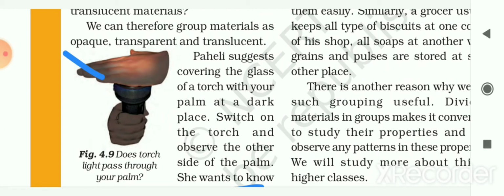So we can say that human skin is opaque, as light cannot normally pass through it. But in this case, it will behave as translucent when the intensity of light is very high. Here, while the torch is switched on, the intensity of light is high. That's why we can see the light through the palm of our hand, and at that time our palm behaves like a translucent object. Normally human skin is an opaque object.